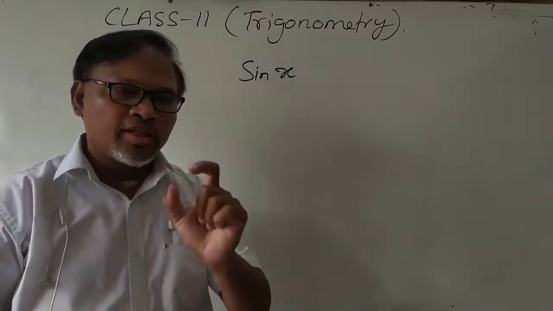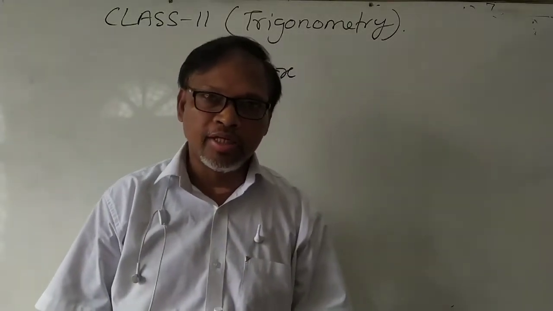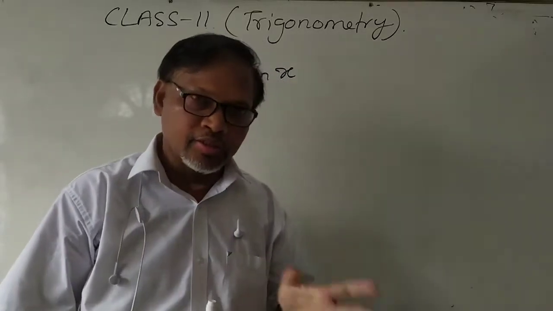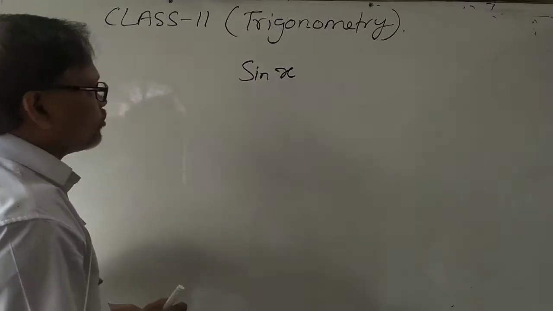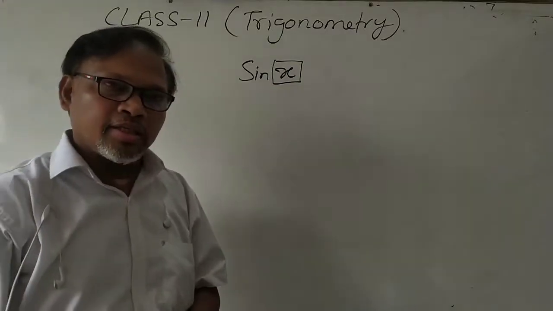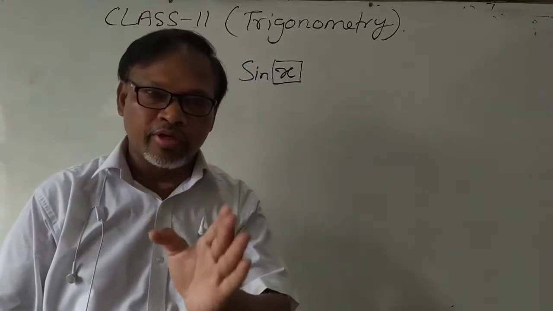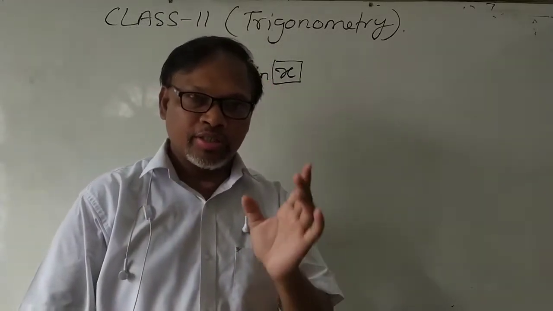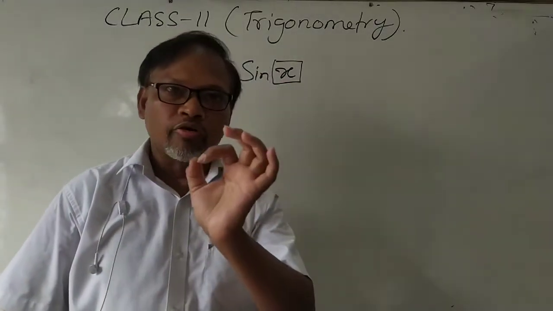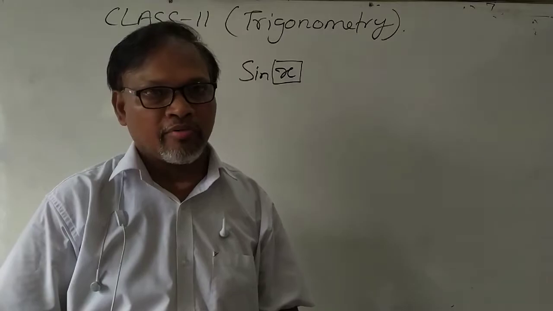Here, what is the meaning of the domain and range? I have told you in relations and functions what is the meaning of the domain and range. Here also, domain means the value of x, whatever the value is given with the trigonometric function, means sine, then this is called the angle, this is called the domain of the function. Only x is called the domain of the function.